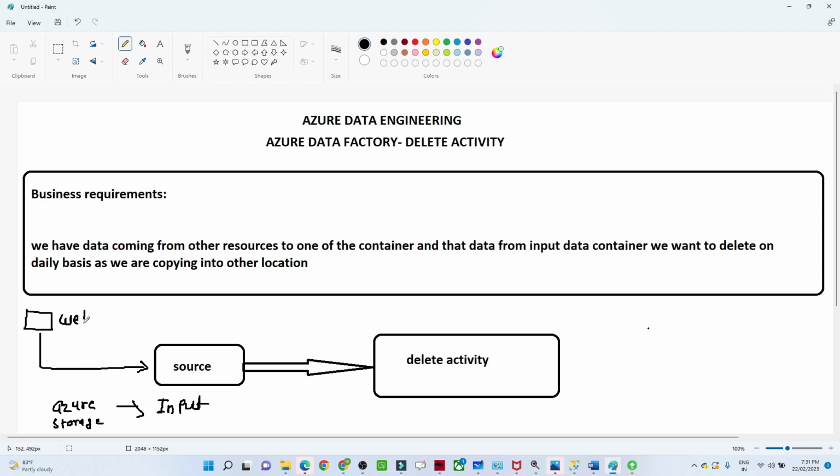Now, on a daily basis we are receiving data in this particular container. We are also running a pipeline which copies this data on a daily basis to the other container. Let us suppose this is the output container. Here we are copying the data. Now whatever data got copied into this output location, we want to remove from this source location, right? So we have to perform a delete activity for that